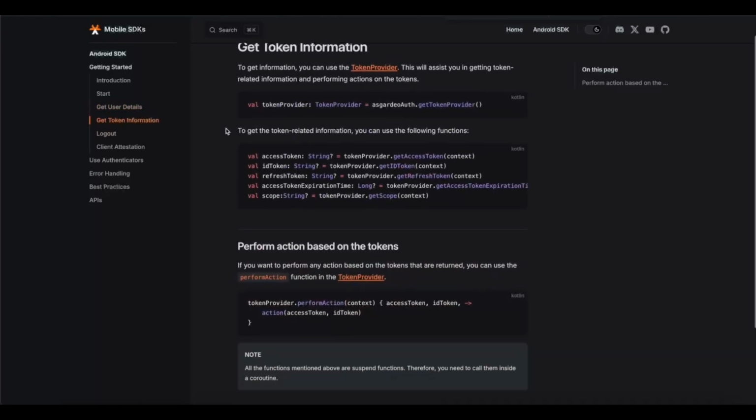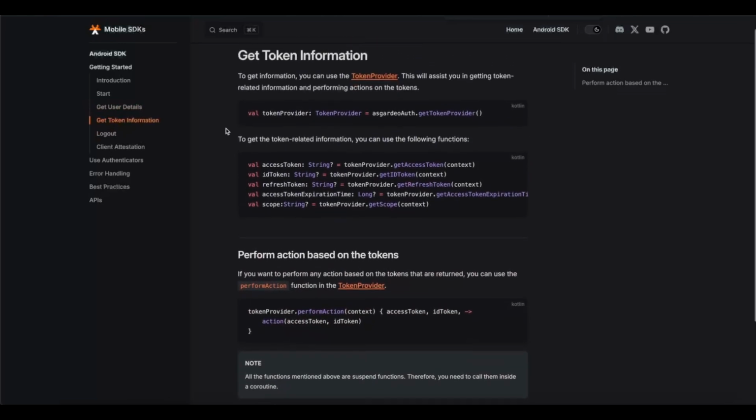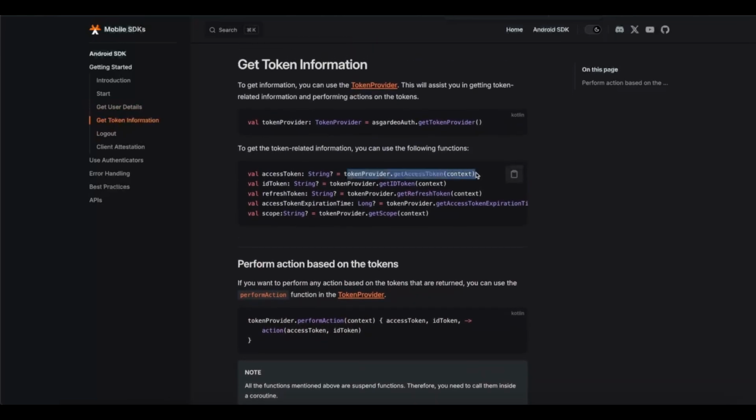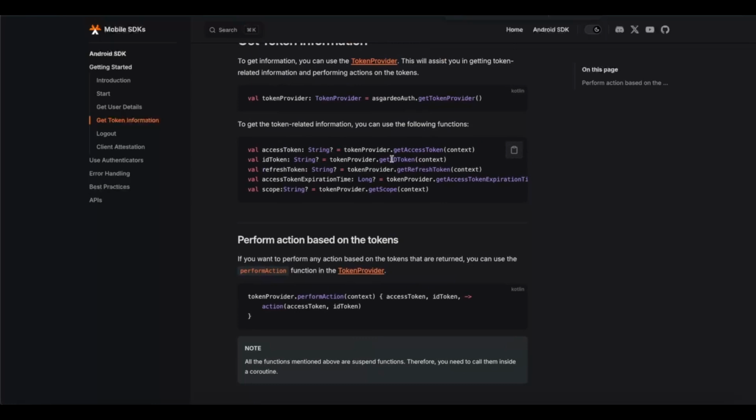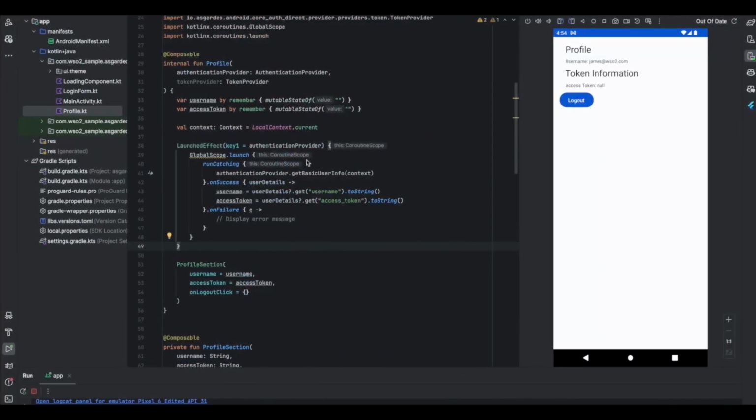Get token information. You can see this get access token. These all are suspend functions, so you need to call them in a coroutine as well. You can get the access token, ID token, refresh token, access token expiry time, and scopes from the token endpoint. So let's get the access token,